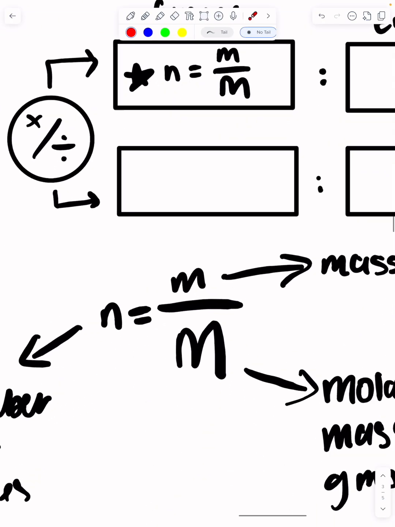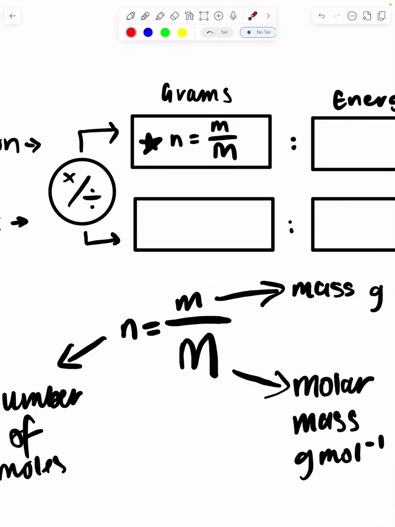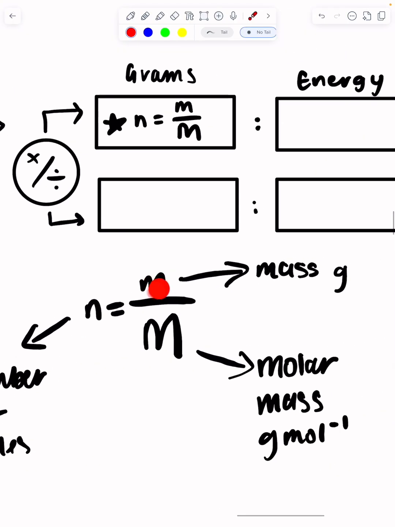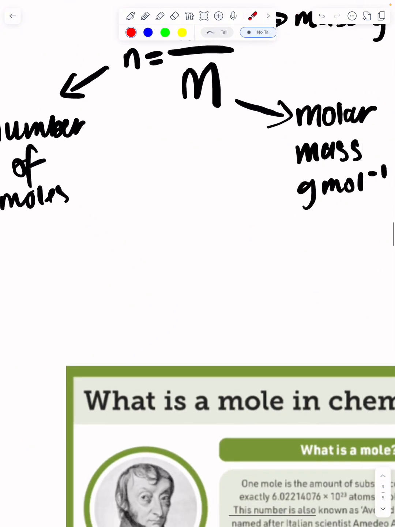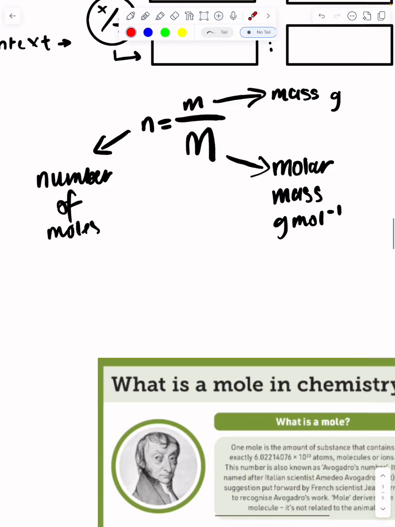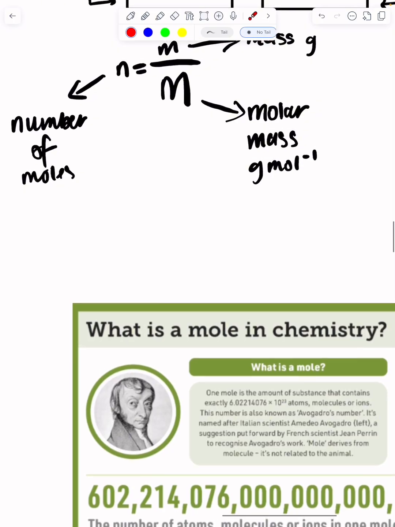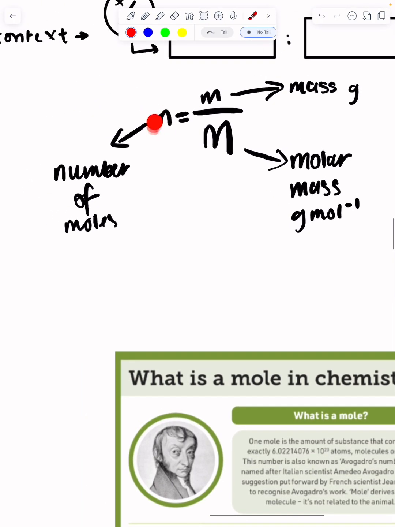This equation is basically the moles equation. N stands for the number of moles. Little m stands for mass in grams, which is what we want to try to find out. And then we've got big M, which is the molar mass. If you're someone who already knows what a mole is, you could skip this part of the video. But for those of you who need a bit of a contextual recap, I suppose, a mole